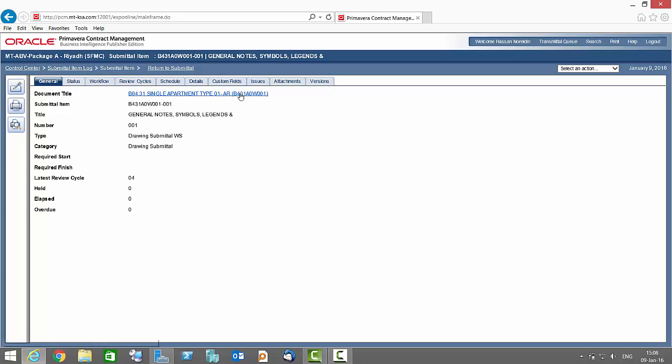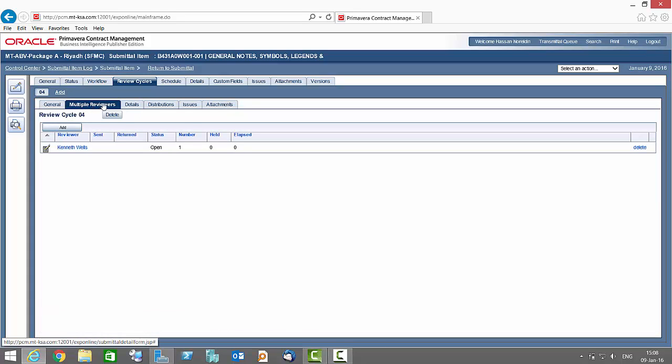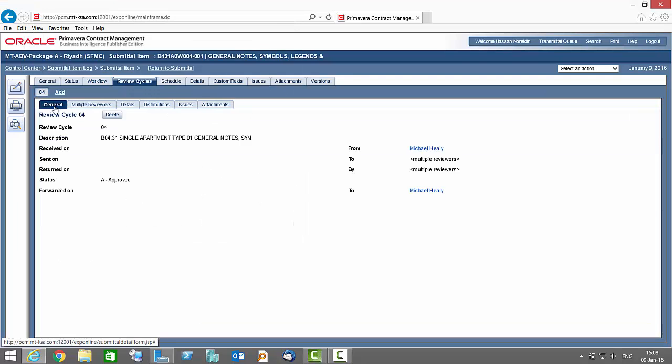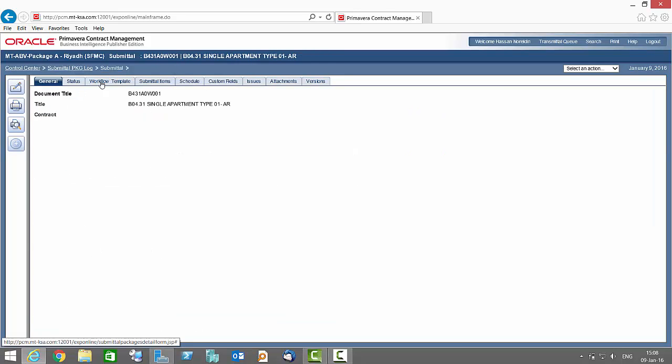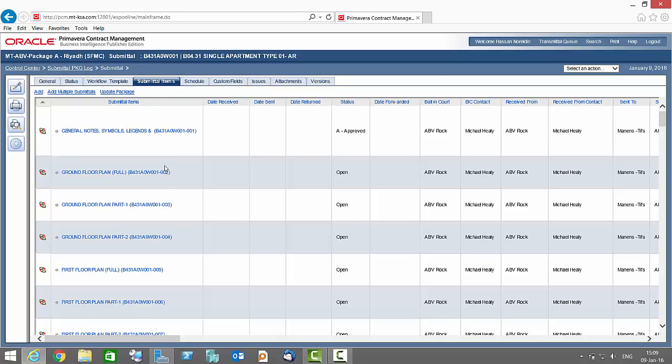If it is okay for him and it is approved, he can take the action, go to the multiple reviewer, edit here and put the status, whether it is rejected or approved, save it, close, then go to the second one. This shows that the submittal items are the engineers' scope,